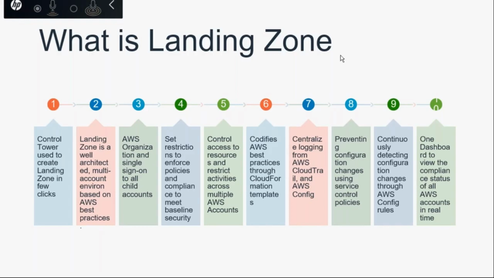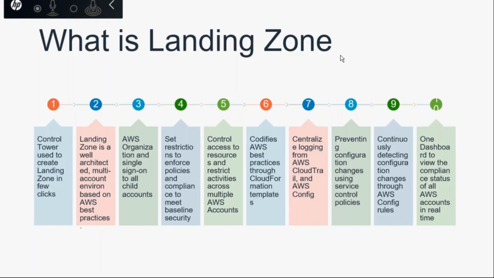And the sixth one. How did they achieve all those things? As I said, it's creating multiple accounts. They're creating CloudFormation templates. Whenever you create a new account or new user, AWS creates the CloudFormation templates and just deploys them. So you can use those templates as well for reusable purposes.